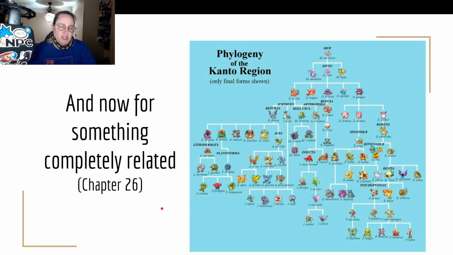All right, so now let's go ahead and jump into chapter 26. So that was a bit of chapter 24 that I found important. So let's talk about some chapter 26 bits, which is about how everything is related to each other, and how do we try to draw that? Again, keep in mind, it's not as clean as we make it look on a piece of paper. We do this stuff to try and keep it straight in our head. In reality, it's all over the place. Which is why, of course, I put Pokemon in again.